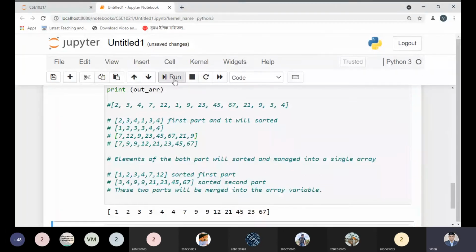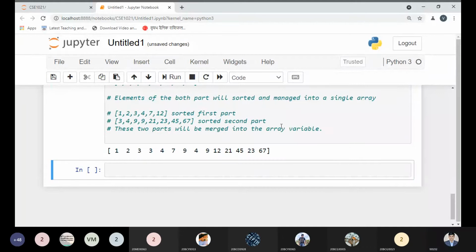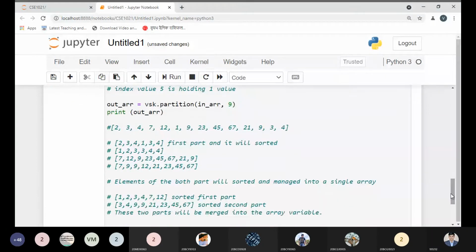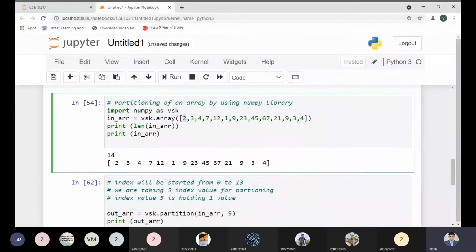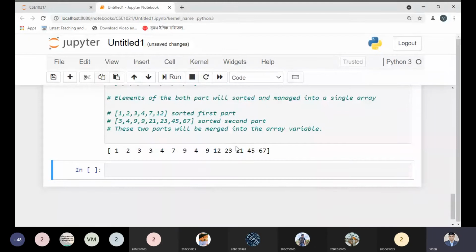Now let me run once again. Yes. If I'm doing 9 over here about the output, why is 23 not a part of the sorting? This is only the one value. Just let me choose over here 0, 1, 2, 3, 4, 5, 6, 7. I don't know why 23 is not showing up here. Just let me write over here 12. It is adjusted.